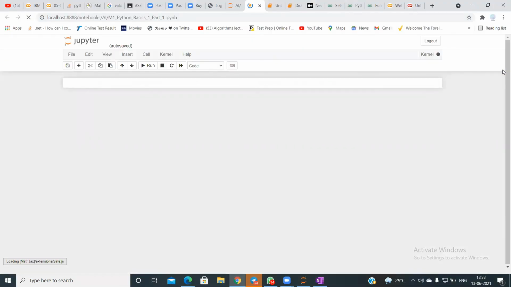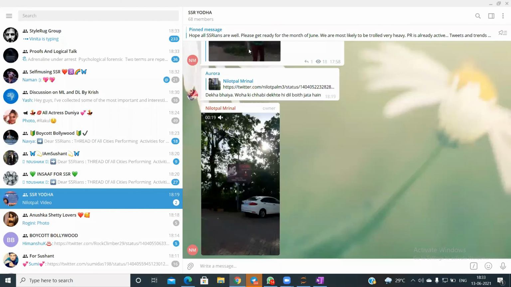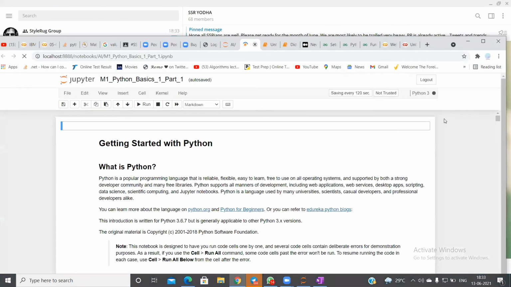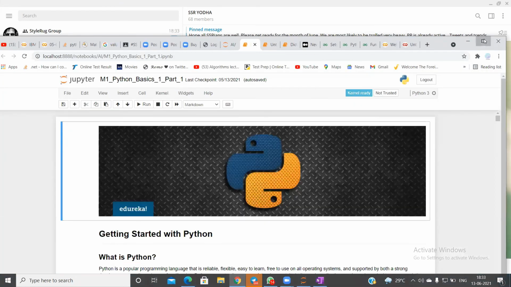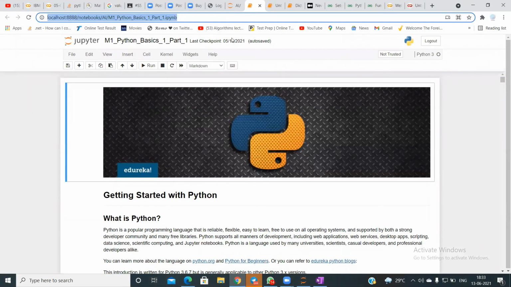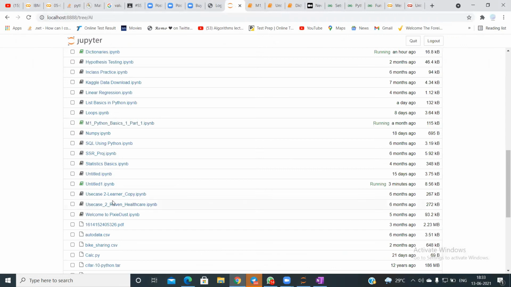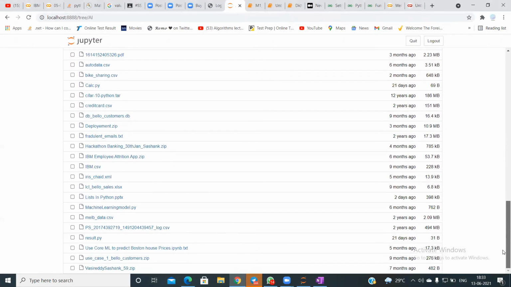Yeah, my Jupyter will take time to load up. I'm not sure why it's taking time to load, but just a moment. Sorry. How do I handle this? I need my other book, not this book. Here's the other book I created.